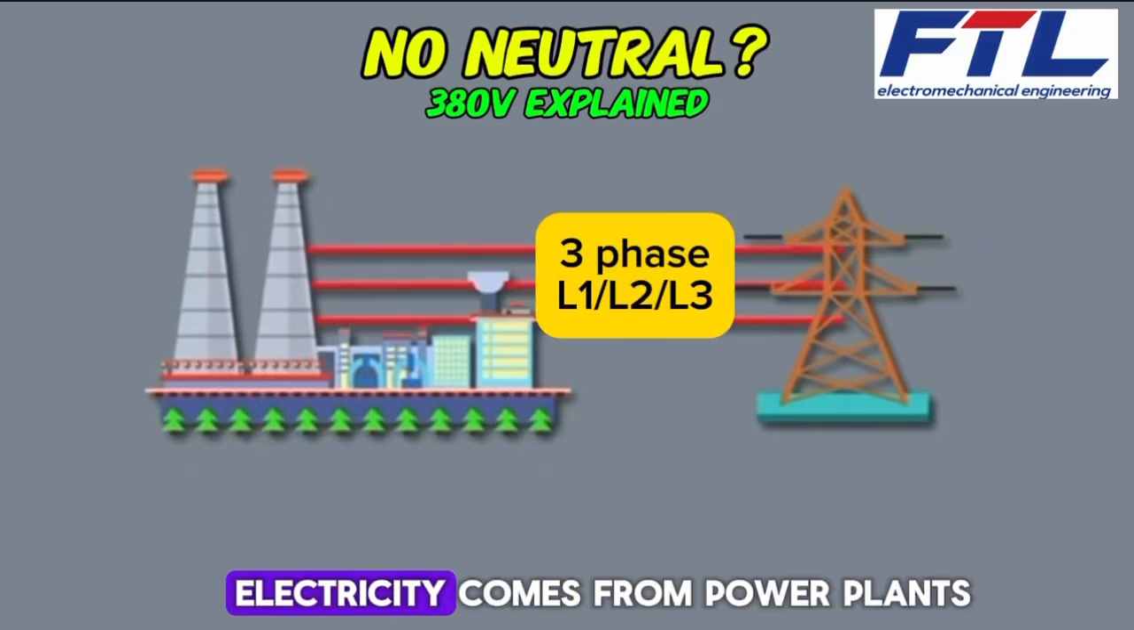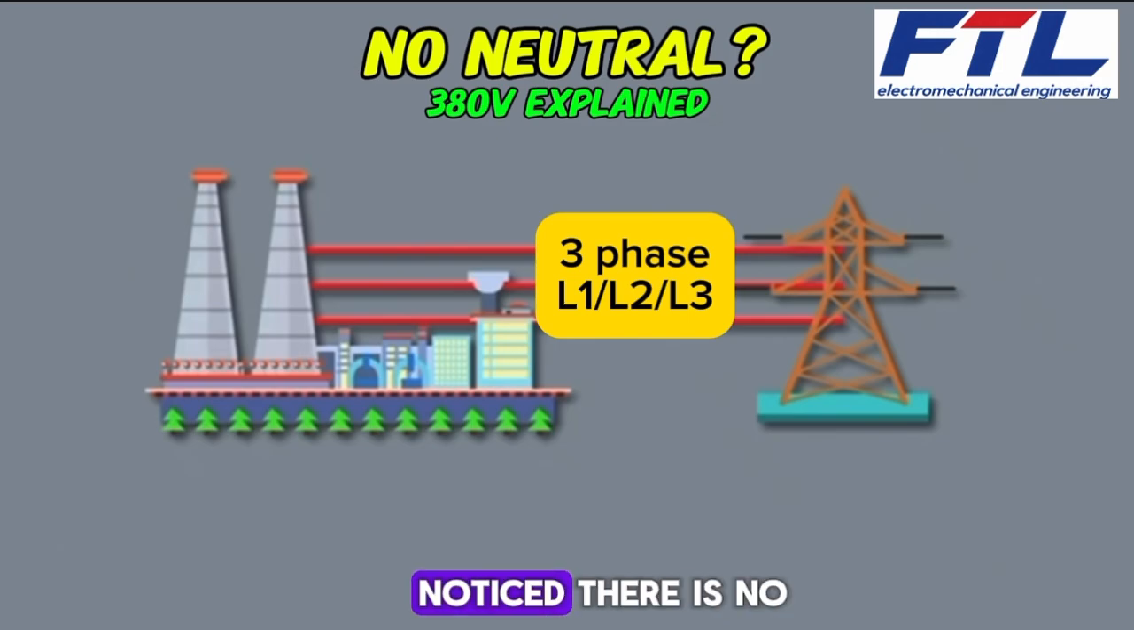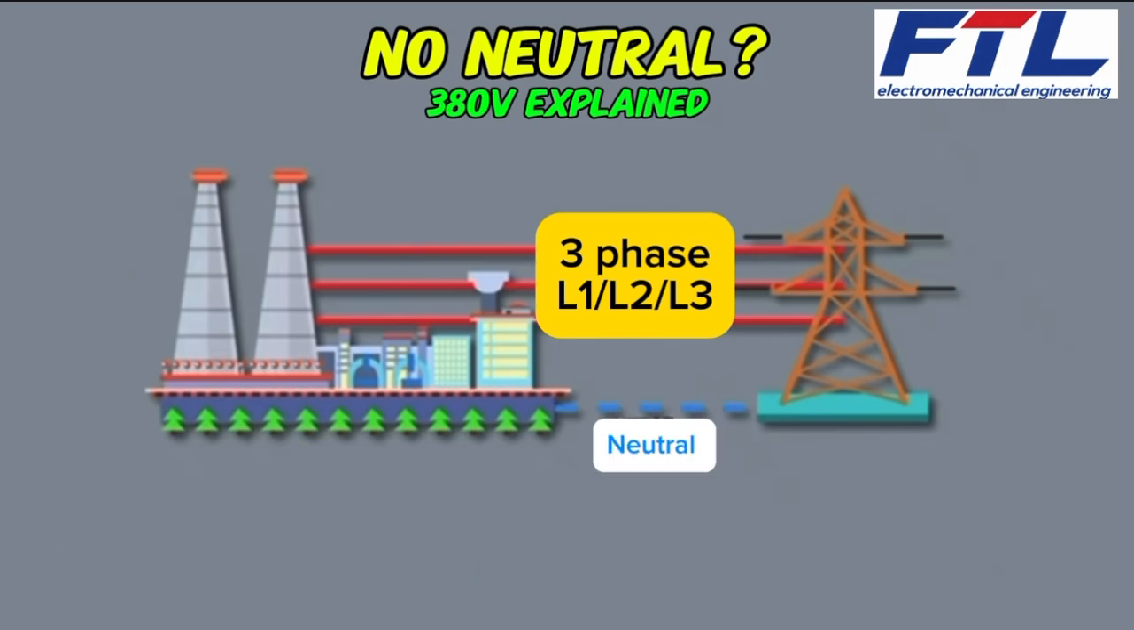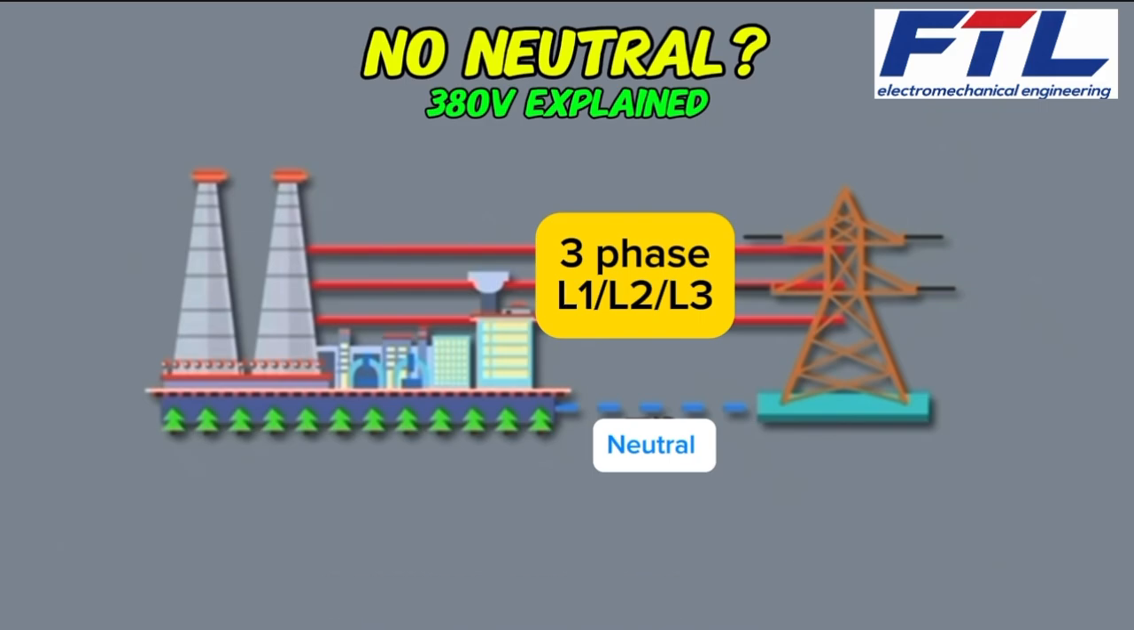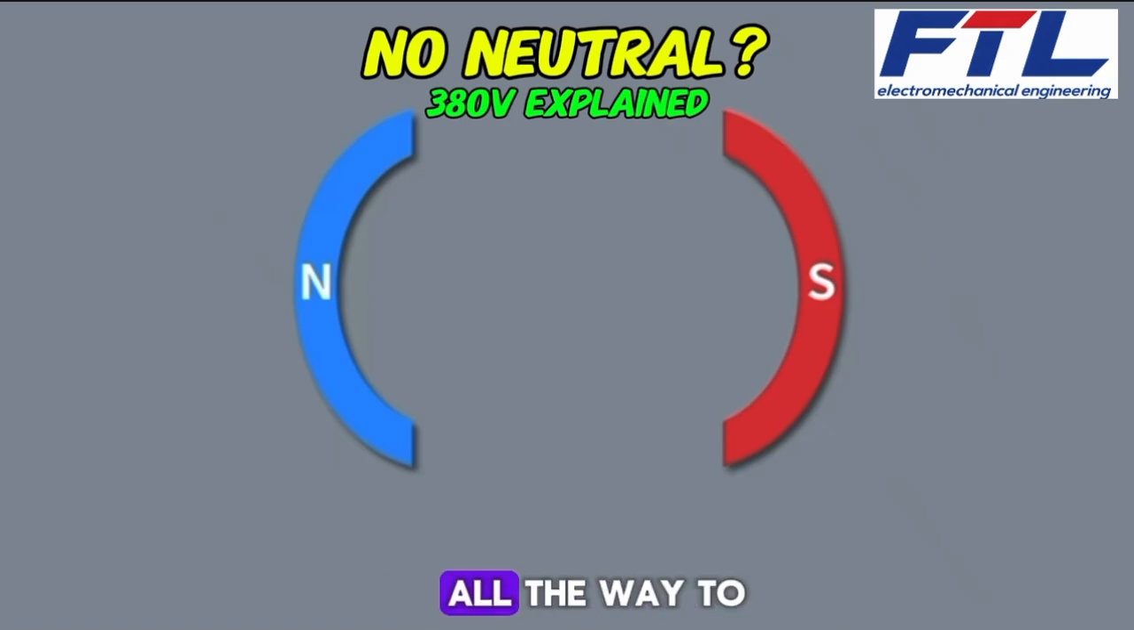Three-phase high-voltage electricity comes from power plants. But have you ever noticed there is no neutral wire? Wait, how can electricity flow without a return path? Let's break this down, step by step, from a simple magnet all the way to the 380 volts powering factories